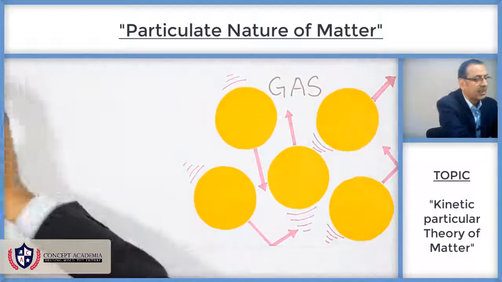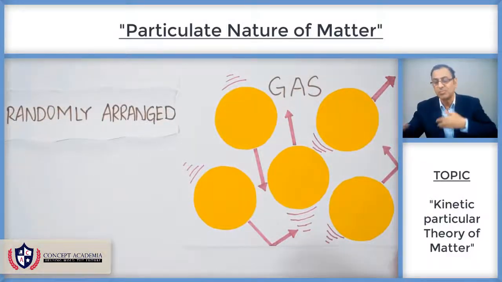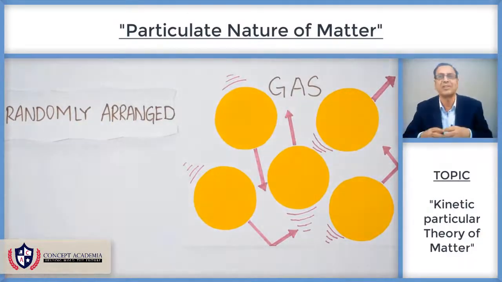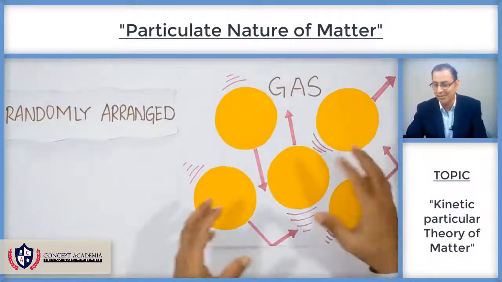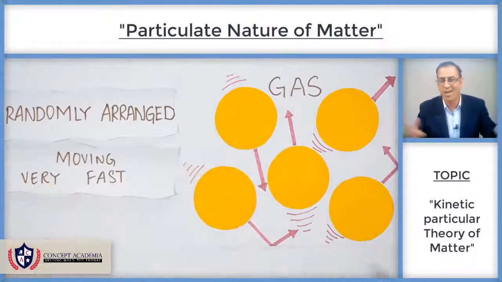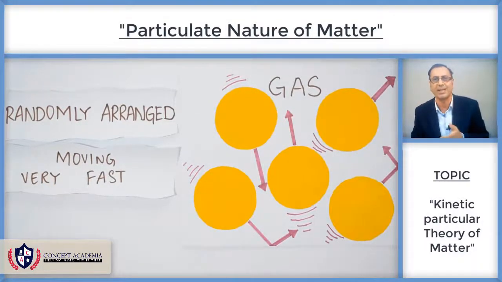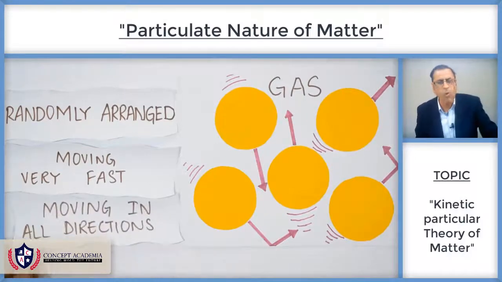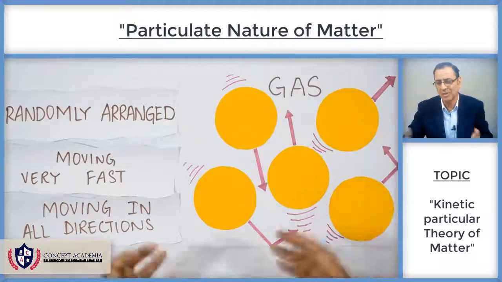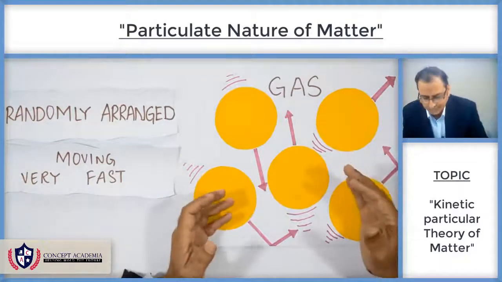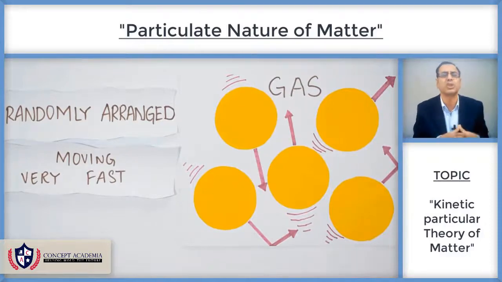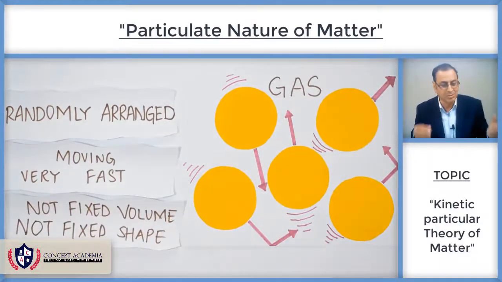And because of these points, you see, if they have such a large energy to move, they have less holding power over one another. They are spreading out, so they are randomly arranged. Of course, there is all sorts of randomness, disorder, chaos in the case of gases. You can see they are randomly arranged, and they move very fast. They move very quickly from one place to another, and they can move in all directions. Obviously, because of the previous reasons, they can move freely, they can change their position, they can move from one place to another so quickly, so they do not have any fixed volume, and they do not have any fixed